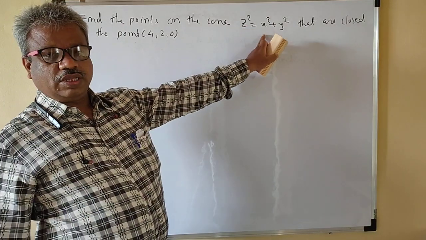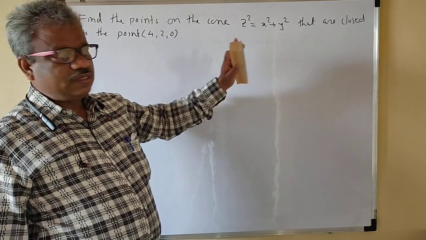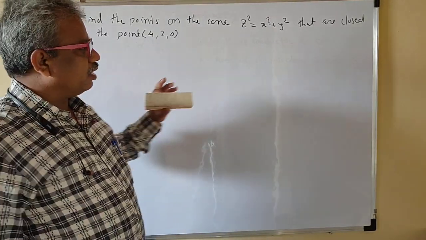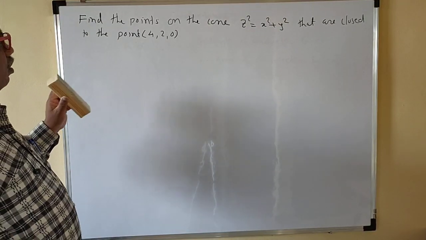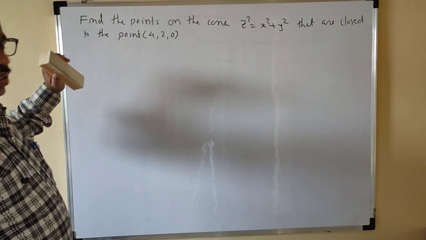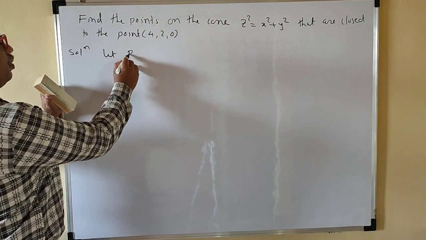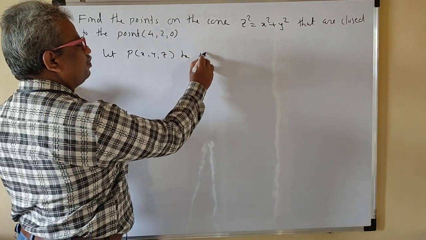We will take a point on this. We will take a point P(x, y, z) or (x1, y1, z1), and we will try to find the values of x, y, z. Right, so we want the points of minimum distance. Okay, solution. Let P(x, y, z) be the point